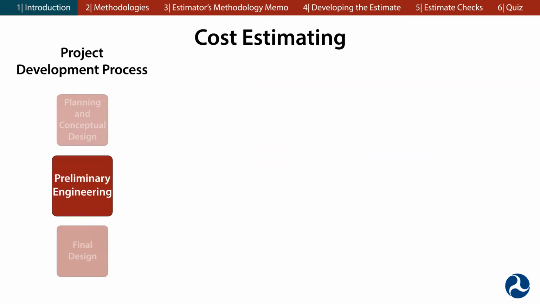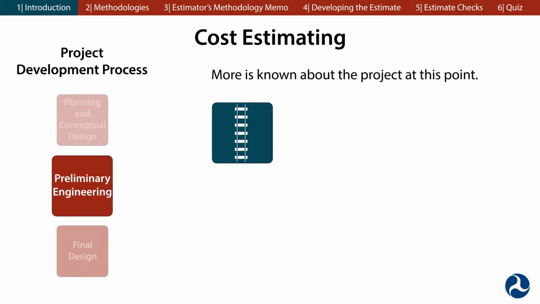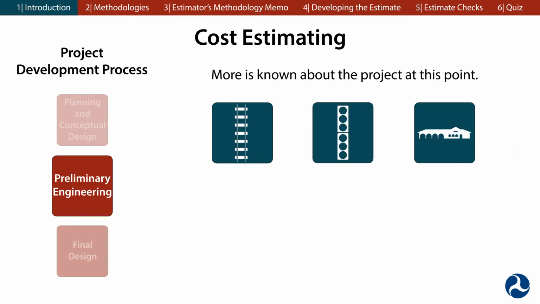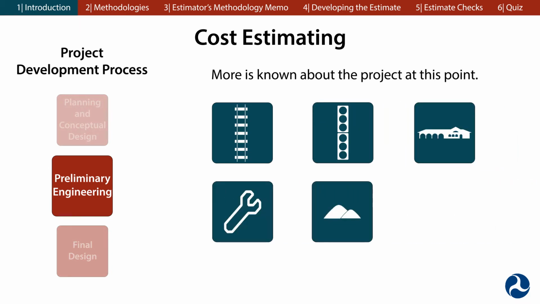In preliminary engineering, the cost estimate is much more detailed. This is because more is known about the project at this point compared to the cost estimate done in the planning and conceptual design phase. In preliminary engineering, the cost estimate considers the project's track configuration, signal system, stations, utilities, real estate, and the sequence of construction. Because of this detailed information about the project, FRA expects that the cost estimate will not change significantly